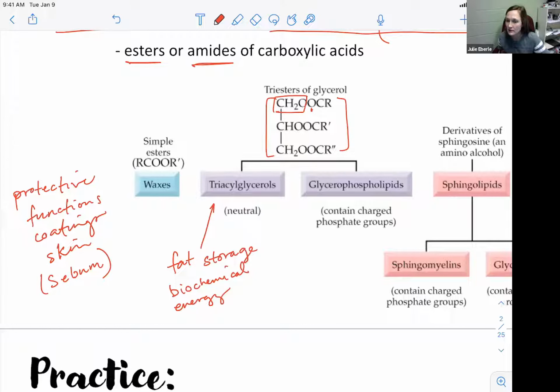Okay, we have a whole process and pathway for that. We're going to look at that. But triacylglycerols are the main type of lipid we use for fat storage. And so therefore, when we break those down, we get a lot of energy from those. Okay,